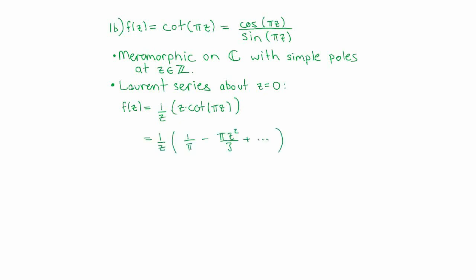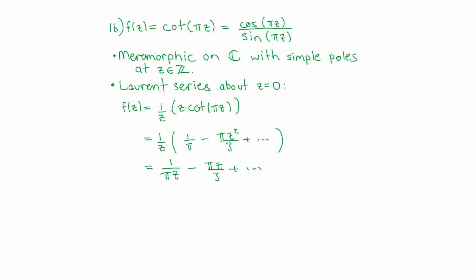That turns out to be a little trickier than it appears at first glance, but when you do it, you get that the first few terms of the Taylor series of z cotangent pi z about z equals 0 are 1 over pi plus 0 times z minus pi z squared over 3. If you need more terms of the Taylor series, you can take more derivatives and take the limit as z goes to 0. This is going to end up being good enough for the application that we have in mind, which I'll show you in a few minutes. And after we factor the 1 over z in, it gives the first few terms of the Laurent series expansion